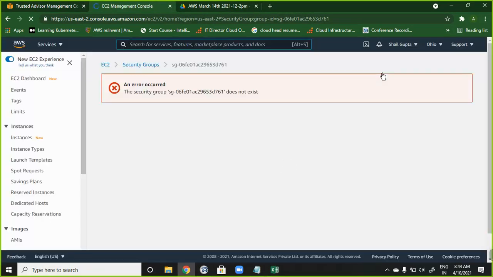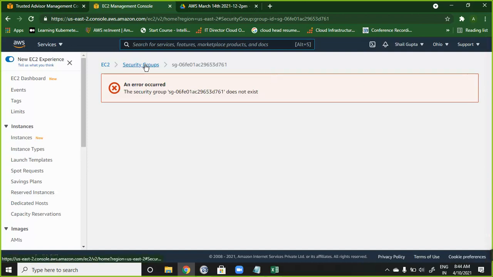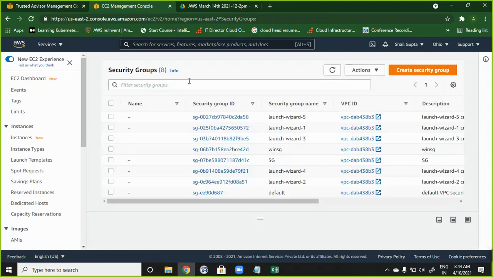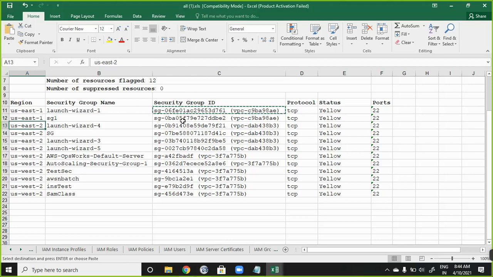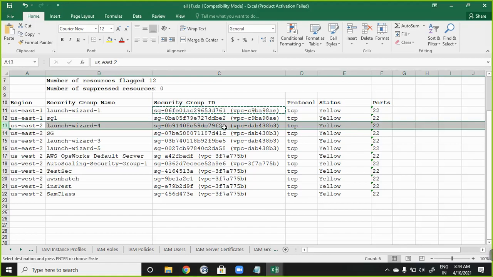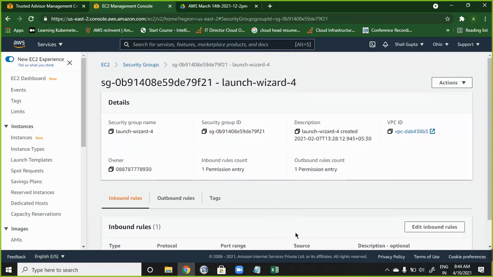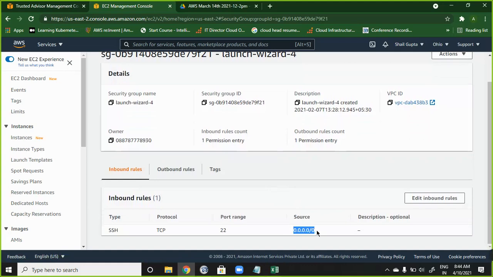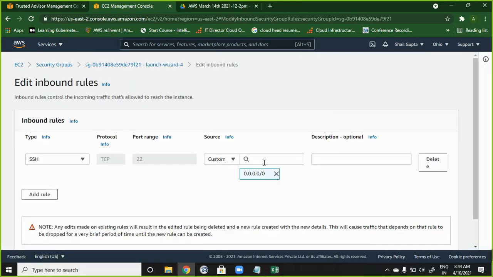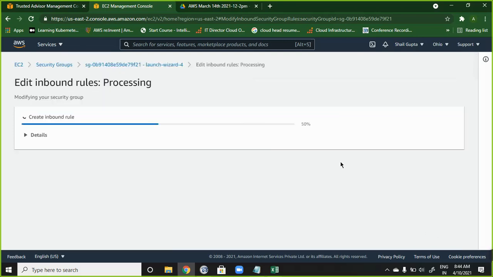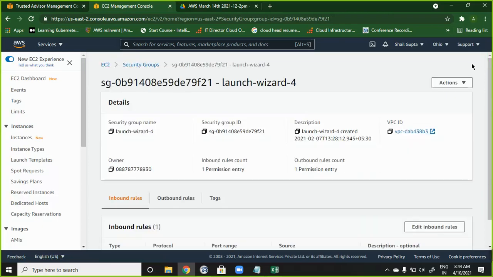Okay, and Ganesh, it is showing me the security group. Obviously that was on US East 1 earlier. So I click on this, and the one that I am trying to fix is 79F21, right? That is this one, 79F21. Here I can see it is also 0.0.0.0/0. So I click on edit, Ganesh, and I change it to my IP and I save, and it is saved now.